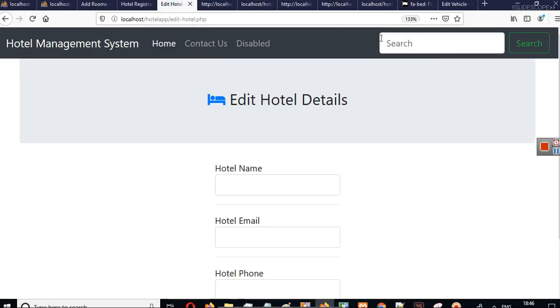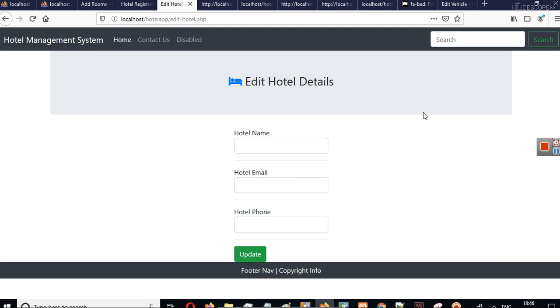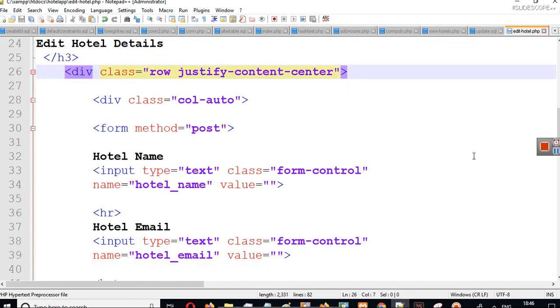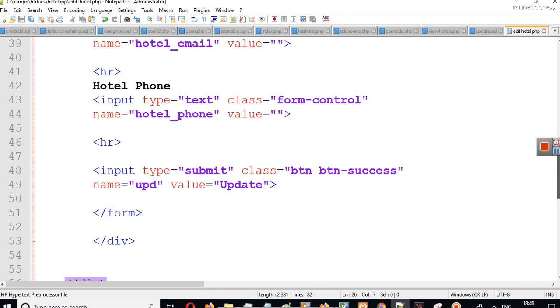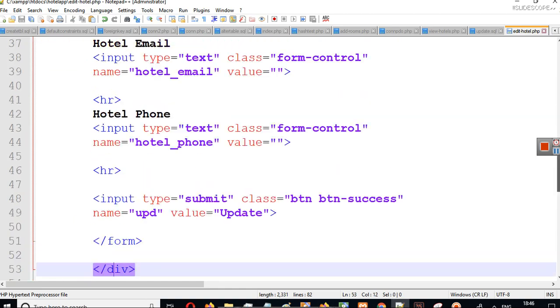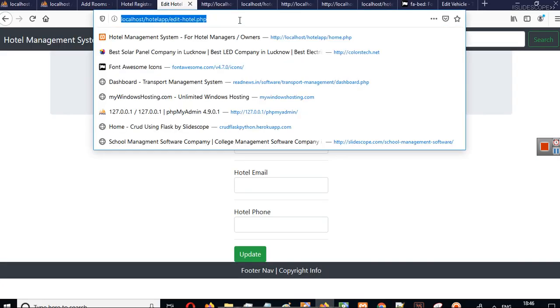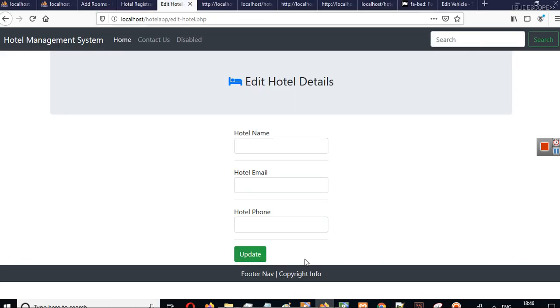And now let's see by default how it looks. So this is our form, and after this update button, this is the div, and we have another div here. Okay, so in this div I will write mb2. Let's see. So we have some margin after it. Now our form is created, and in the next part I will show you how we can fill the values here.